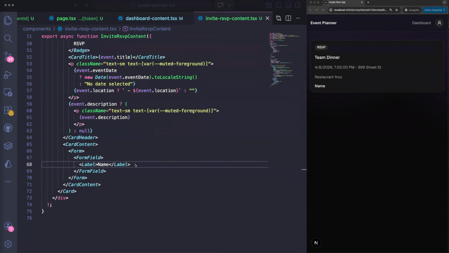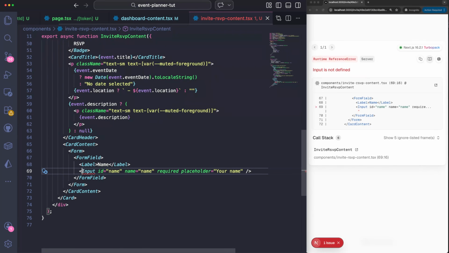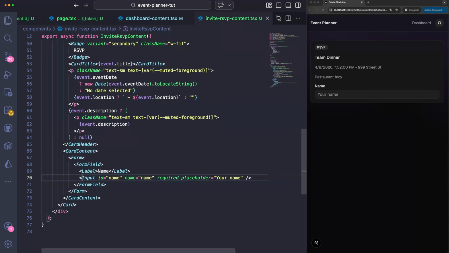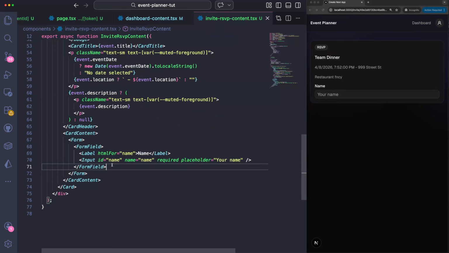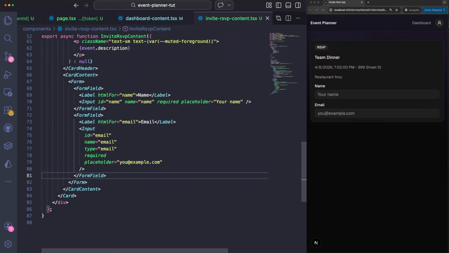And we want to show an input to allow them to submit that. Now I want to import the input and it should look like this. I also want to add an htmlFor on the label so that it references that field. Now we want to do the same thing, but for the email of the user RSVP, we want to know